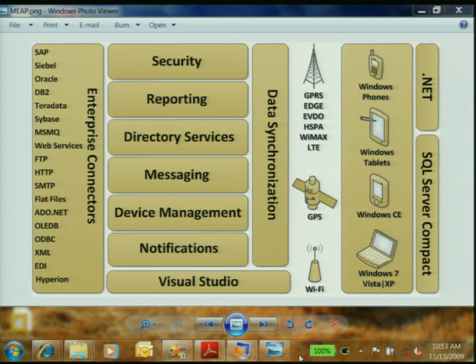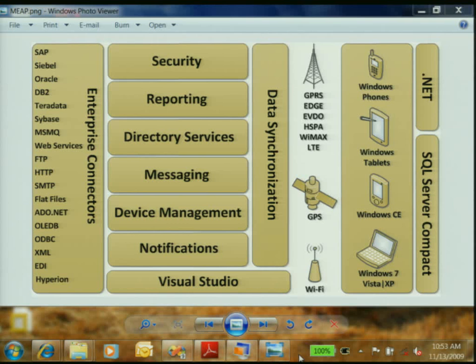on the right-hand side, one of the keys is, you've got all these mobile platforms. You want to support multiple types of platforms, whether it's Windows Mobile, or laptops, netbooks running Windows 7, whatever. We have a portable runtime. We have .NET for desktops and laptops and the Compact Framework for devices. We have SQL CE, which is our offline data store. So you should always be building your applications, whatever platform they're on, looking down at the platform and the device and then letting the sync technology that goes between SQL CE and SQL Server over that wireless data network